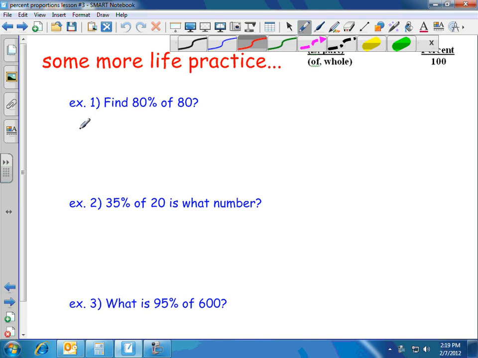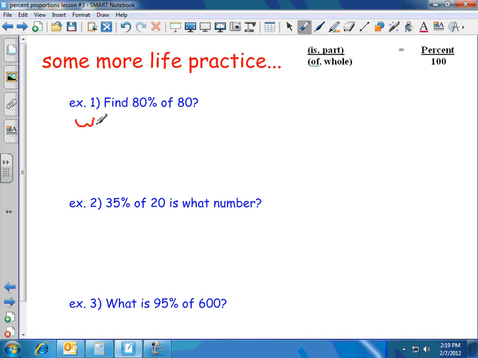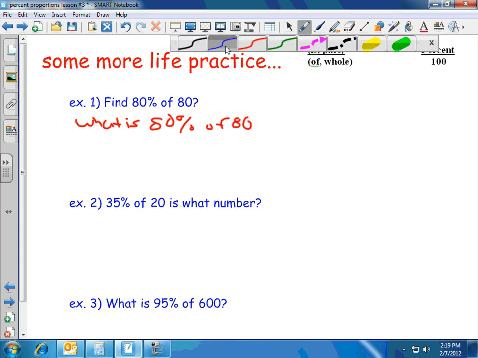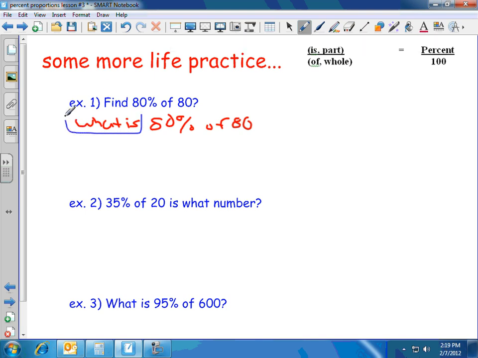Alright, so another way of looking at this is what is 80% of 80? So now what we're going to do is circle the parts that we're trying to figure out. So we're looking for the is. So what is